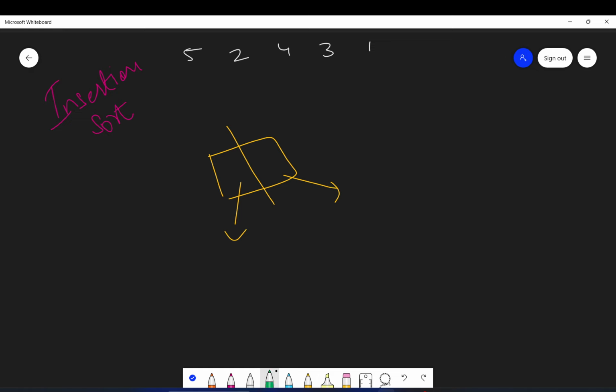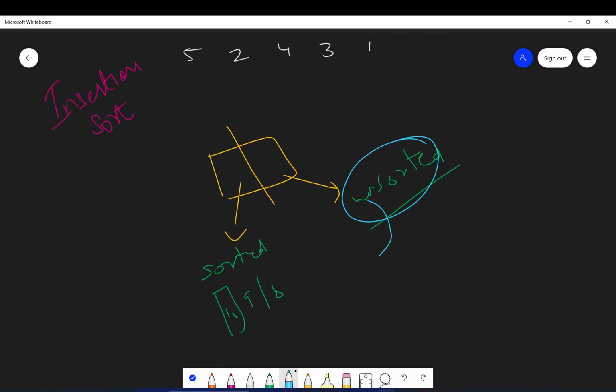Let's say here you have some cards which are sorted, as in first you have 10, then you have 9, then you have 8, something like that. And here is the unsorted pile of the cards. So your task is to take elements from this unsorted pile and insert them in the sorted pile in the correct position. This is what we do in insertion sort.